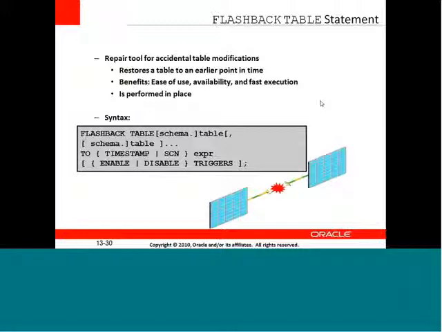And then ENABLE or DISABLE TRIGGERS. So triggers, what are triggers? We'll be looking in detail in PL/SQL. But we have to mention: if triggers have been applied on a table, then the triggers have to be enabled or disabled. So if they are disabled, then we can enable them, or if they are enabled, you can disable them. As per your requirement, you can use the enable and disable command on a trigger.